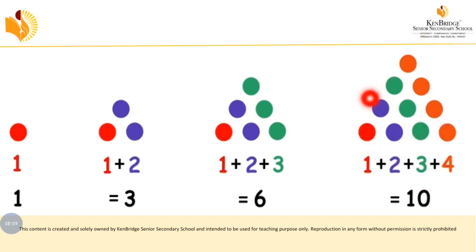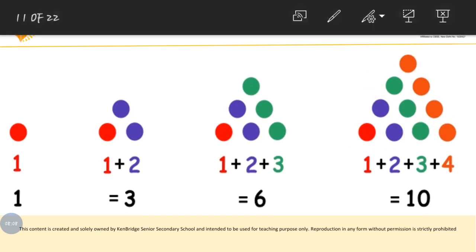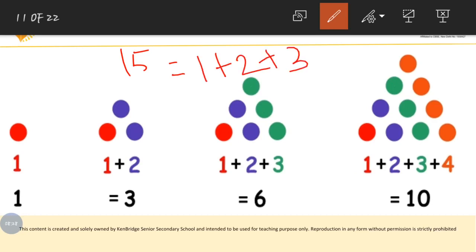So whenever you get a number, for example, if you get a question, just think about this. They have given the number 15, and the question is to represent the number 15 as a triangular number. Then what you can do is 1 plus 2 plus 3 plus 4 plus 5. Till 5 I have written. So what is the result of this? 1 plus 2, 3. 3 plus 3, 6. 6 plus 4, 10. 10 plus 5, 15. So definitely 15 can be placed as a triangle.